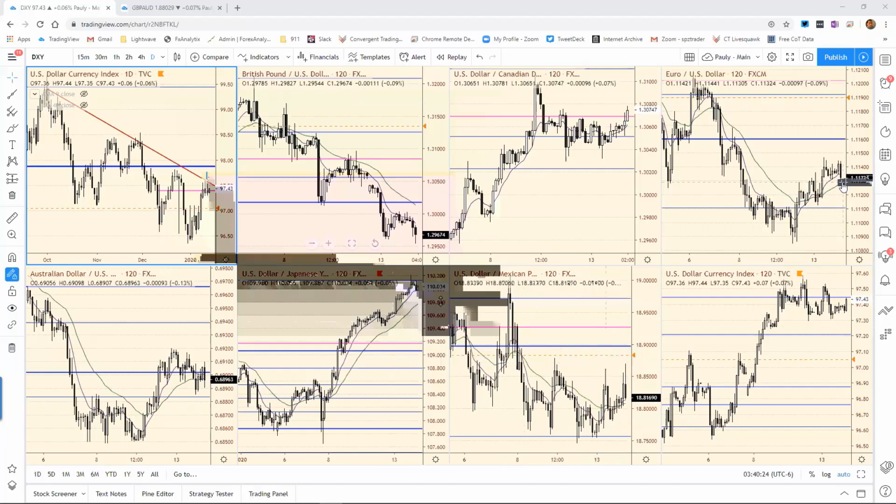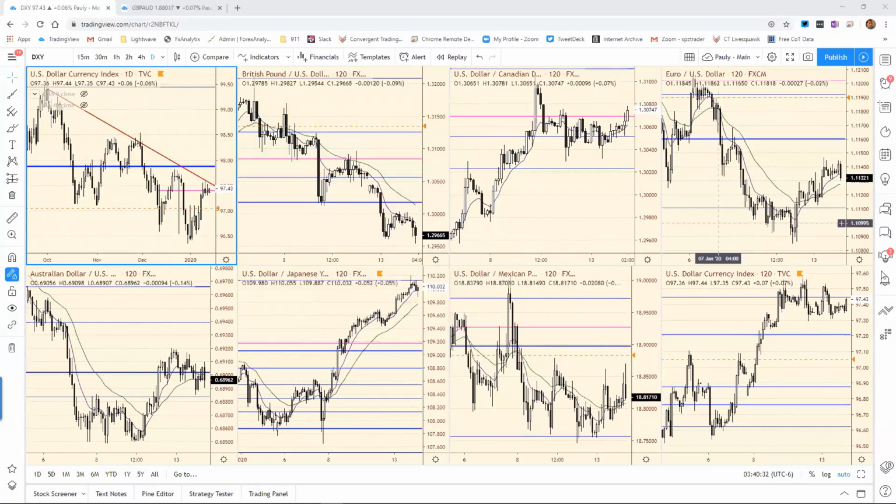Ahead of the phase one deal, I really just don't see anything that is worth an opportunity, with the exception of cable. That's already, as I mentioned, at 29.36, where I think we'll see some short covering at that point. But how much? Every little bit of a move here is quickly pushed back down. Even if we do see this covering, with some support coming in at that 29.36, how much of a rally would you really get on short covering? Doesn't seem like much, but our resistance would be 30.50 if it does go on and make that move. I guess there's some resistance here at 30.16, but the key would be 30.50